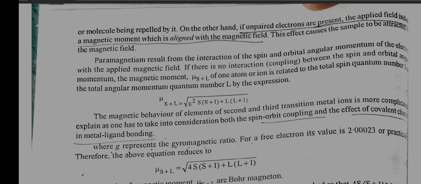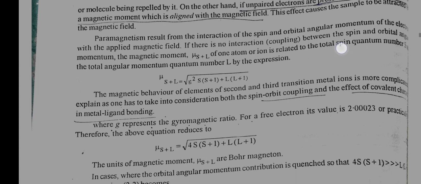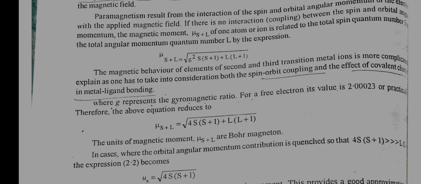If there is no interaction, meaning coupling, between the spin and orbital angular momentum, the magnetic moment mu of S plus L of one atom or ion is related to the total spin quantum number S and to the total angular momentum quantum number L by the expression mu of S plus L is equal to under root g square S of S plus 1 plus L of L plus 1. The magnetic behavior of elements of second and third transition metal ions is more complicated, as one has to take into consideration both the spin orbital coupling and the effect of covalent character